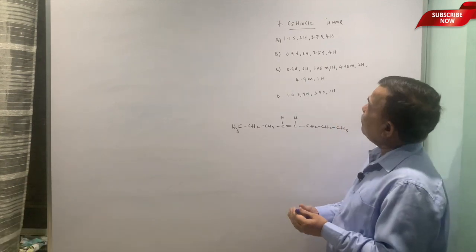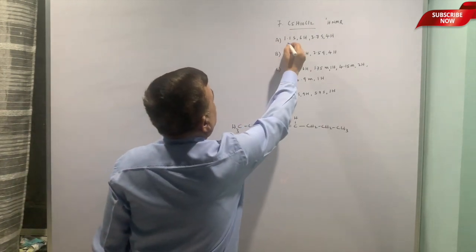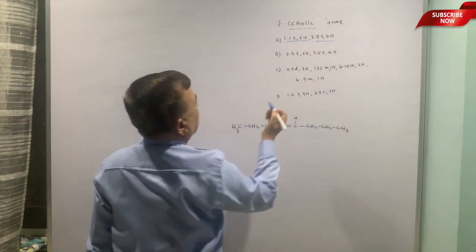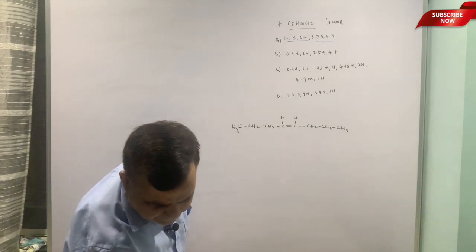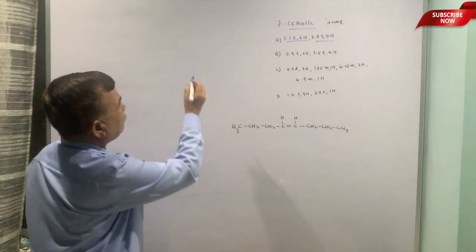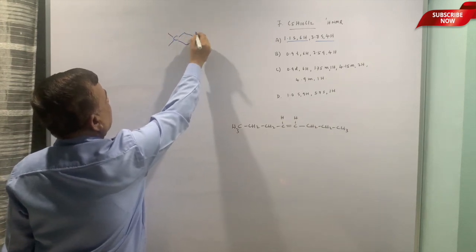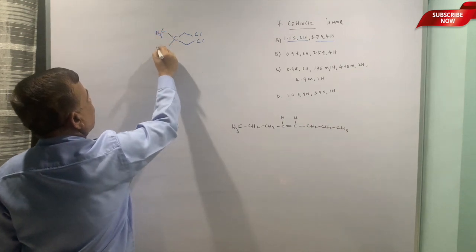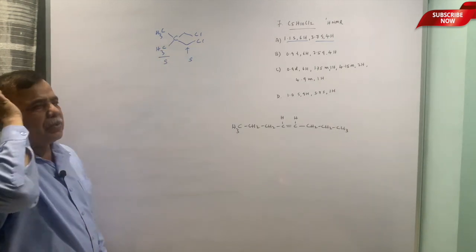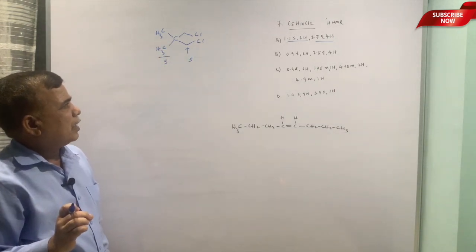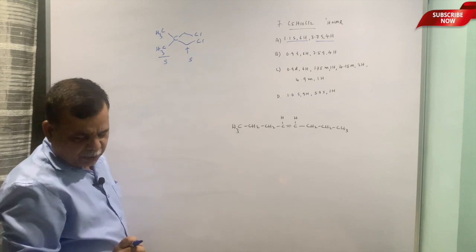Then this compound, C5H10Cl2, once again 6 and 4, both are singlets. Now once singlets are there, you need to be careful, because these are 2 methyls, these are 2 methylenes, and I am going to put chlorine here. So both will have singlets, even this will have a singlet, because the neighboring carbon is devoid of hydrogens, it is not containing any hydrogens.